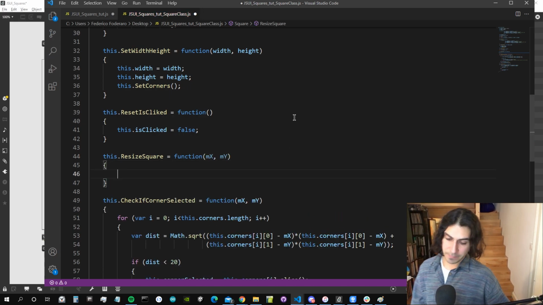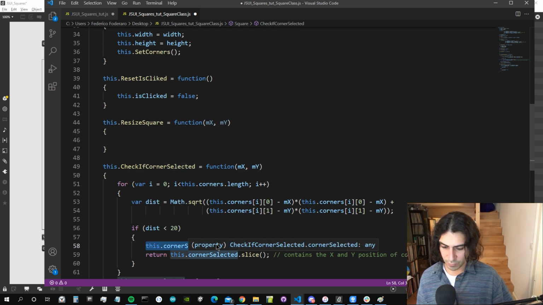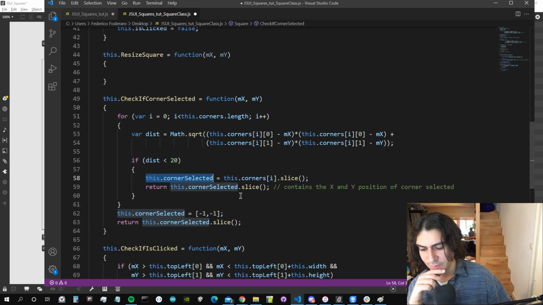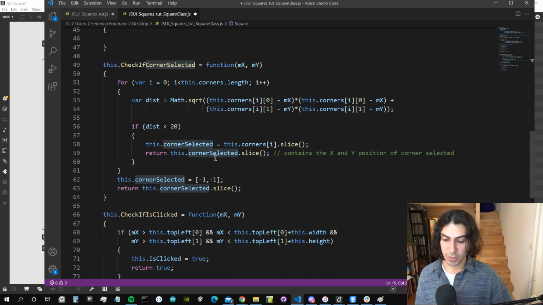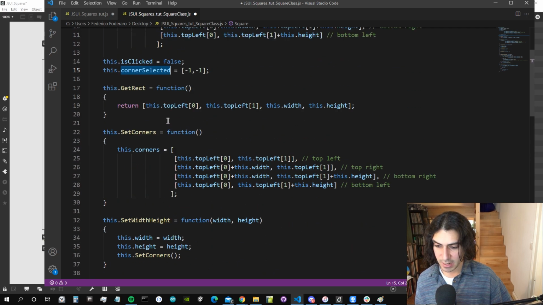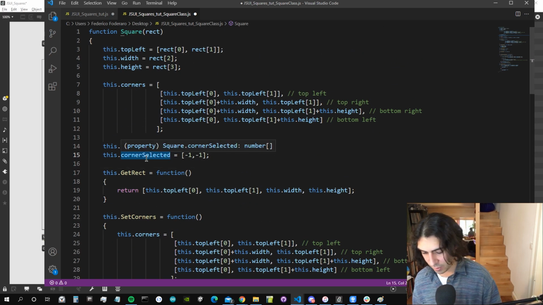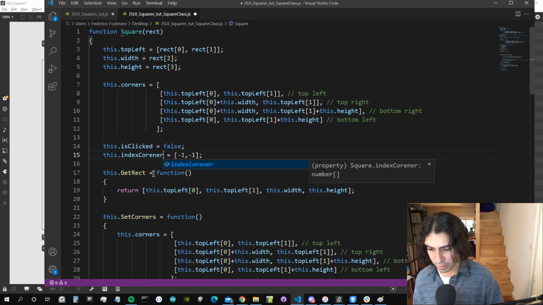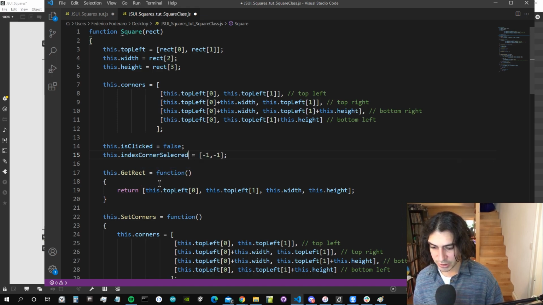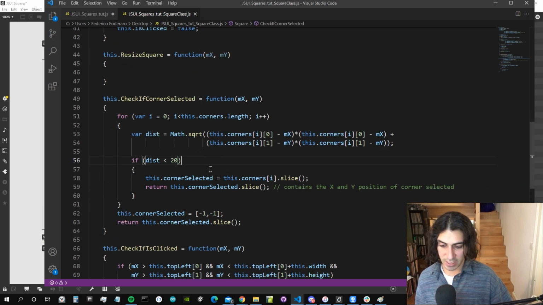and we want to say this corner selected, right. We need, inside that, actually the index of that corner. We don't want to have the position of the corner selected inside our class. This is going to be the array, and this is just going to be the index of that corner. So indexCornerSelected is equal to -1 by default. But when we check if a corner is selected, we just want to return these corners